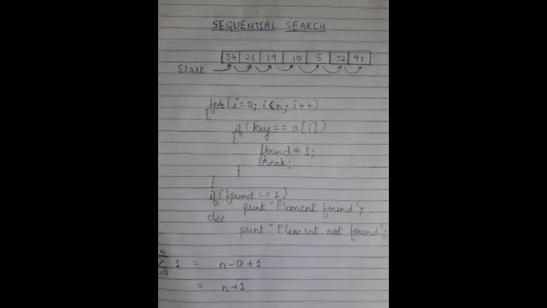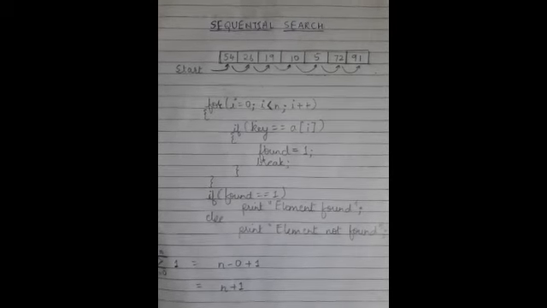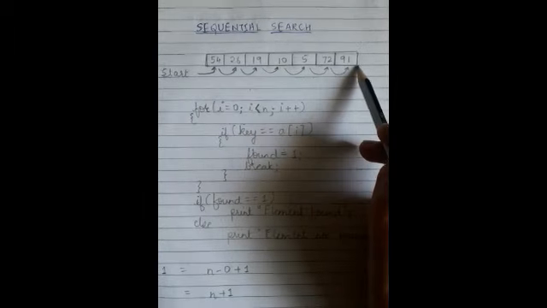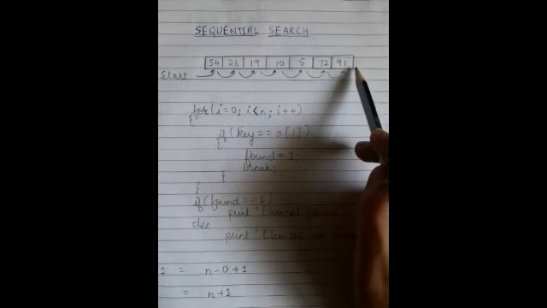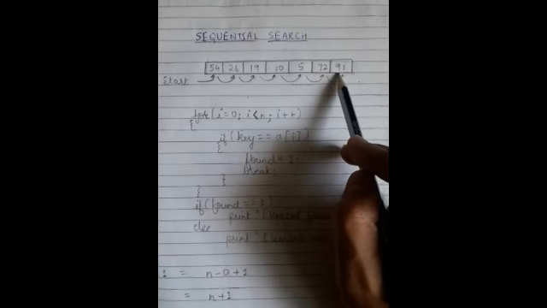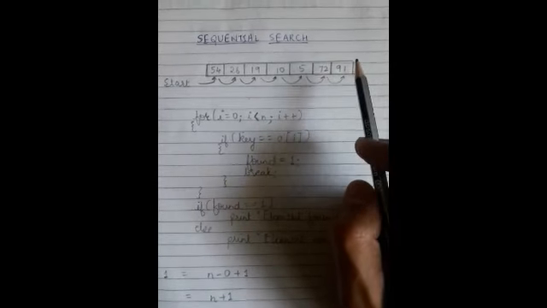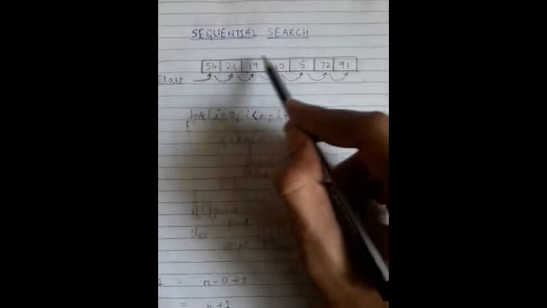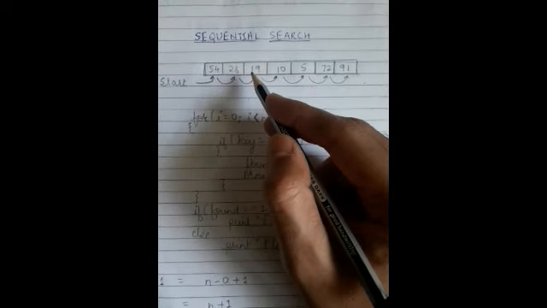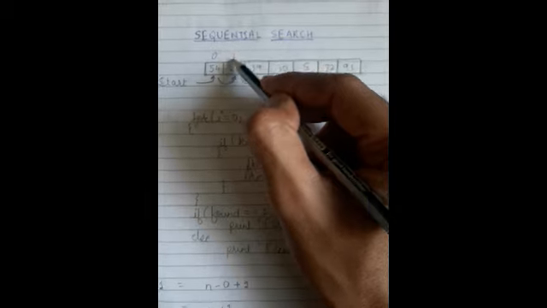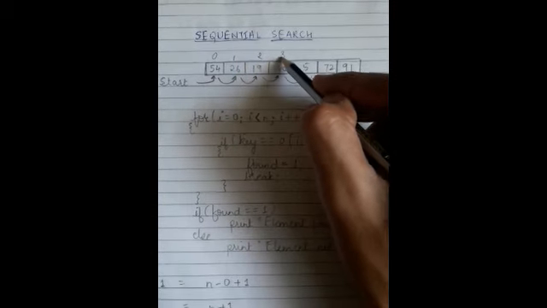The next algorithm that we're going to study in brute force is sequential search. Now, you see here, this diagram represents a collection of items. When these data items are stored in the form of an array or a list, we say that they have a linear or sequential relationship. Since they are sequentially arranged, these index values are ordered. They start from 0, 1, 2, 3 and so on.